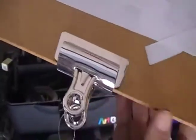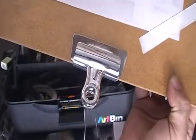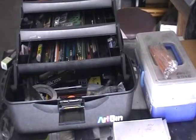I think this is better than the drawing boards with the clamps. Those clamps always get in my way, those clips. So I makeshift. I recommend getting these bulldog clips like that. So I got one, and I dropped the other one. And you can see that,